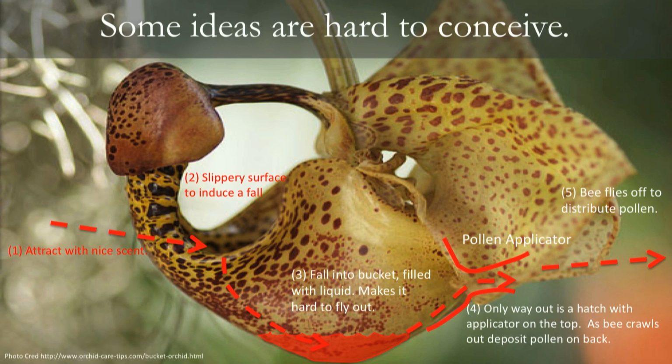And I would have never thought of that. I wouldn't have thought something like that was possible. This is real, by the way. There's a great YouTube video on it. Lots of interesting things that orchids have done. Anyways, they're very effective strategies that I could not have conceived of. I wouldn't have thought something like that was even possible in the world of flowers. And much in the same way, there are a lot of business applications that are hard to conceive of, unless you're